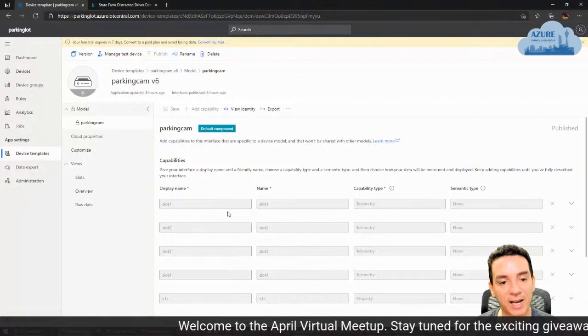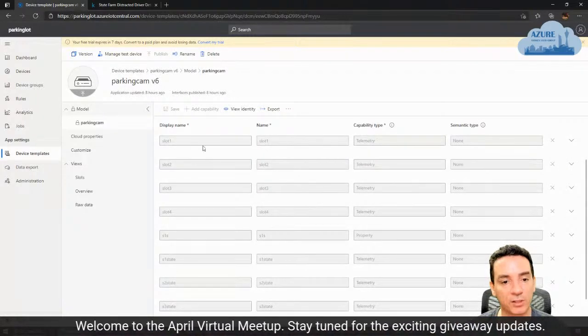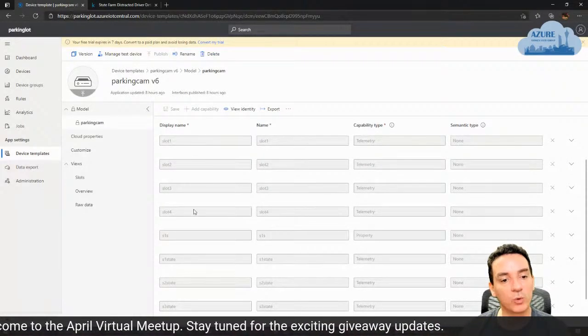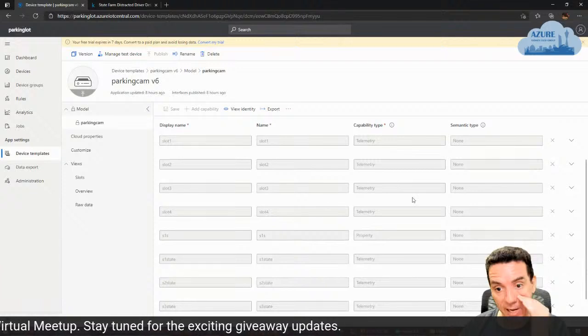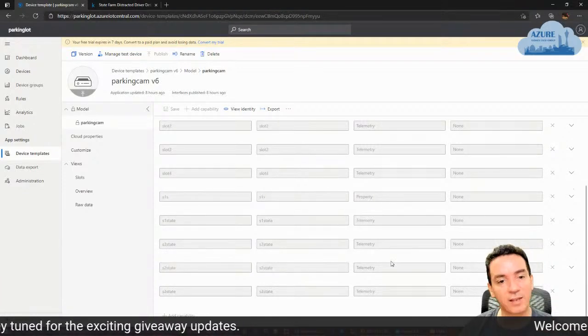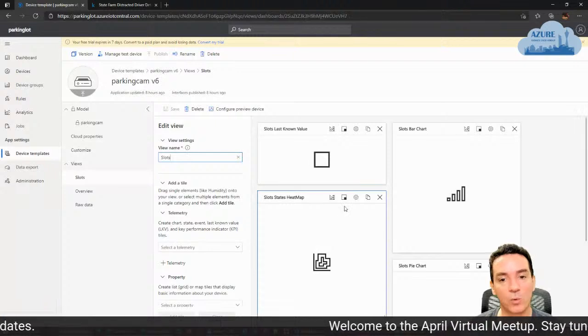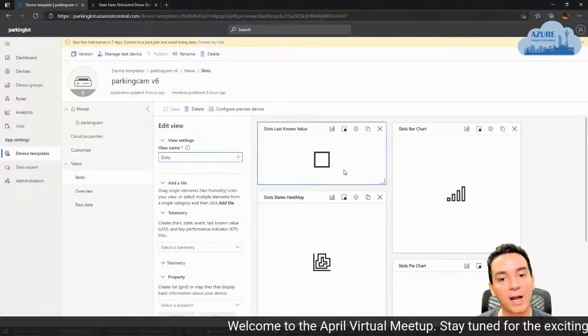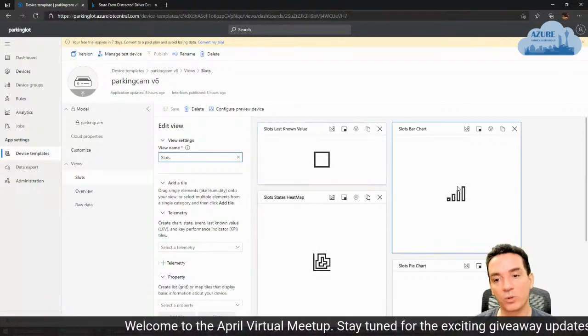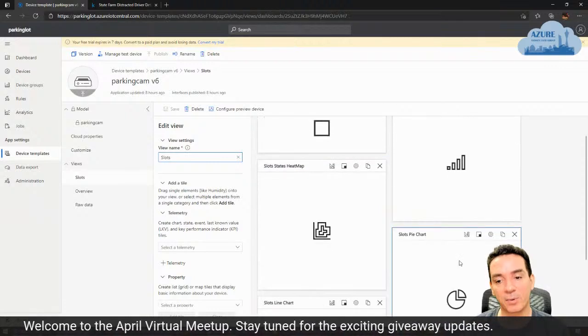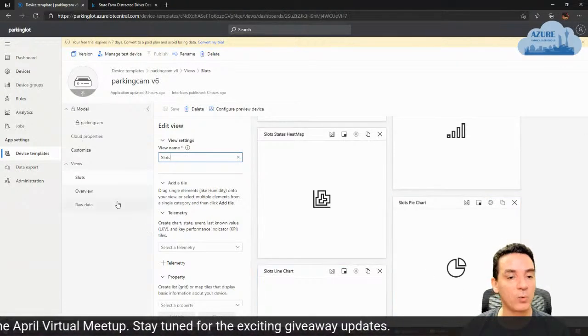And it basically has a lot of telemetry properties with slot 1, slot 2, slot 3, slot 4, and this is all telemetry. I didn't add a lot of values. And then I have here a couple of charts where I show the last known value of the device, and I show the values in chart, heat map, pie chart, and lines. So we can show this.